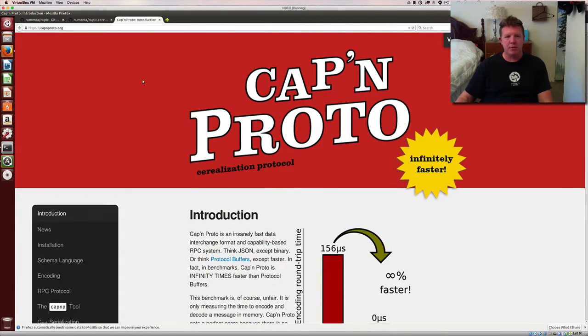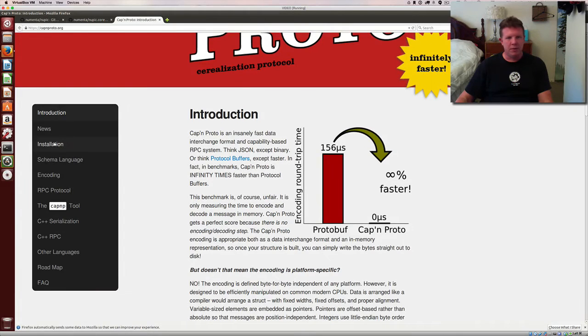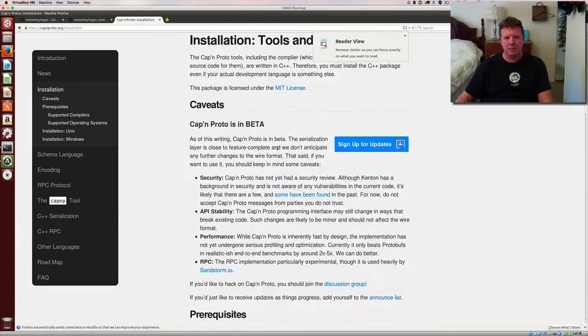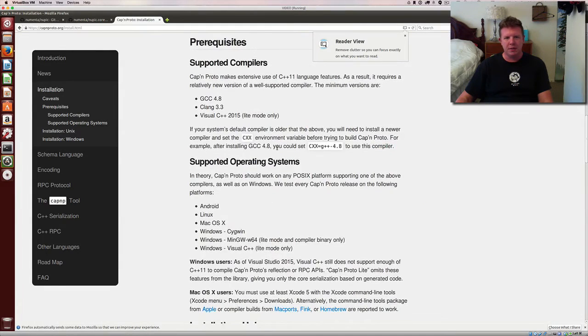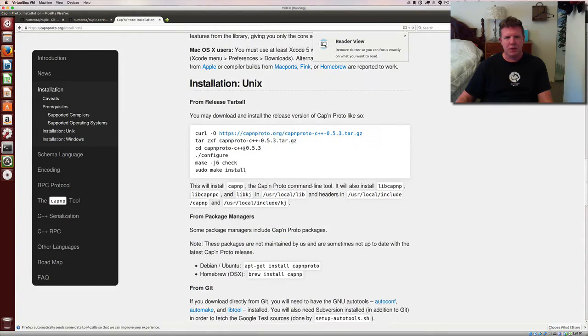Captain Proto is a serialization protocol. We're going to install it. It's fairly easy to install. It just takes a little while to compile. Typically, in Unix, I've had a lot of success just copying this and pasting it into my shell. So wherever I want it to get installed,